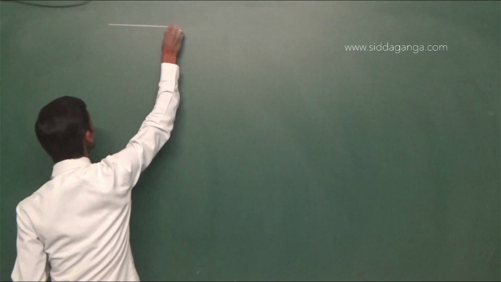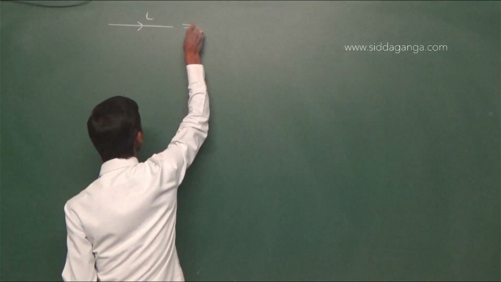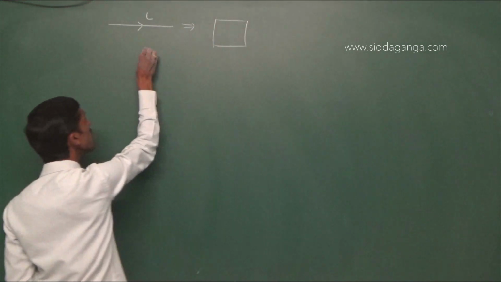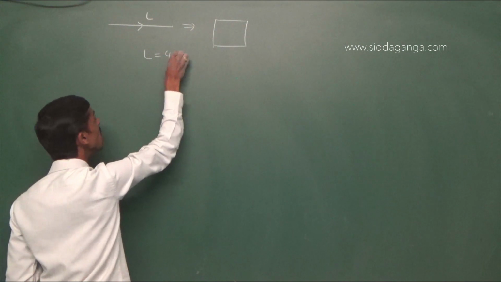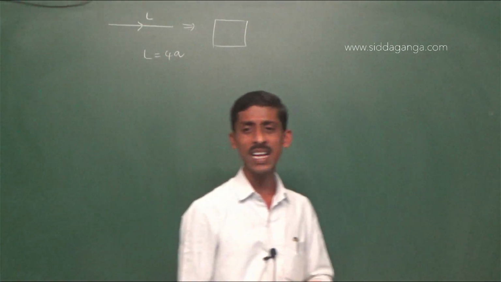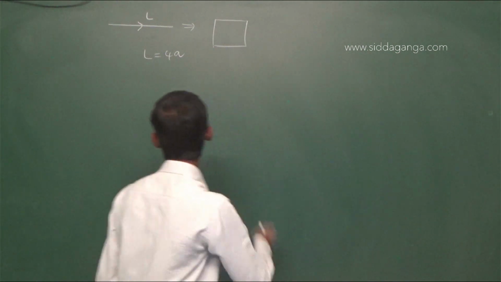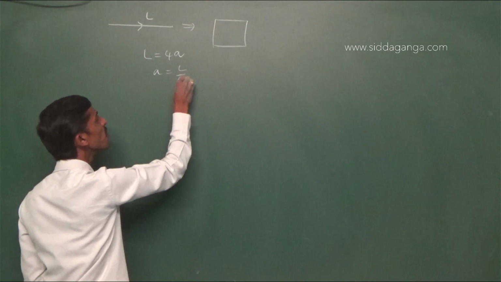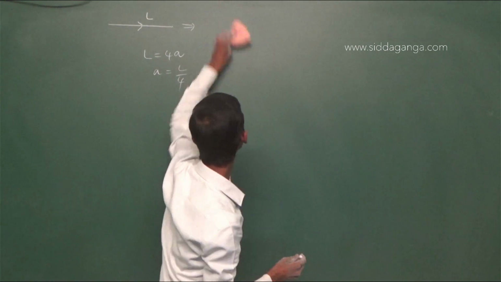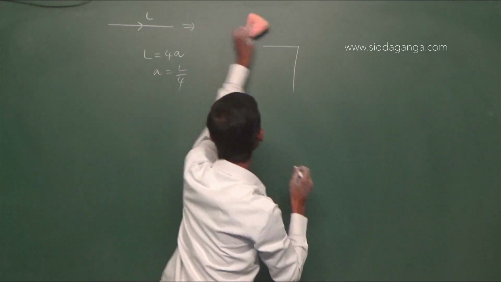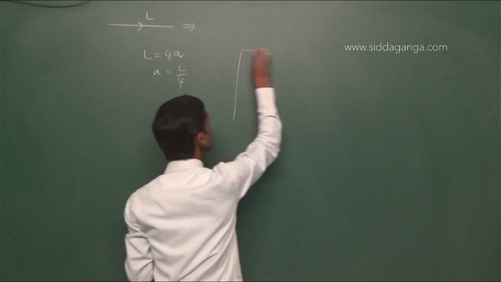A wire of length L, let us say, is first bent into the form of a square. What is the perimeter of the square? 4a, if a is the side length. So the side length a is equal to L by 4. Let it be. So first we shall calculate the magnetic field at the center of the square